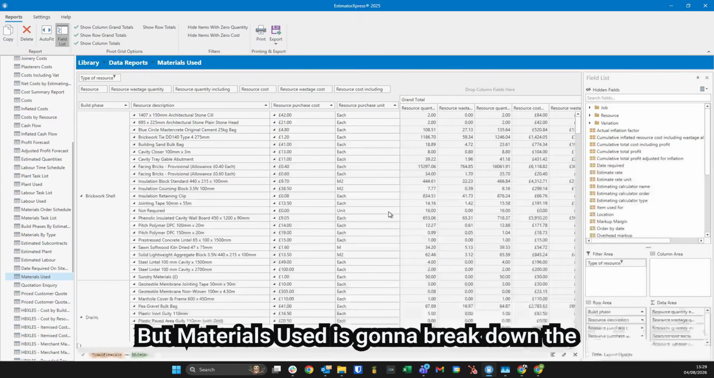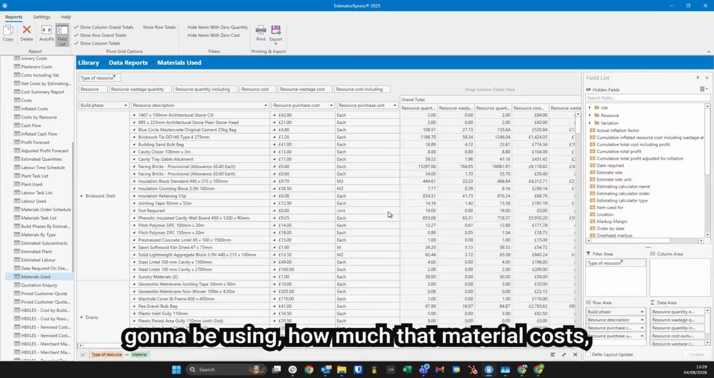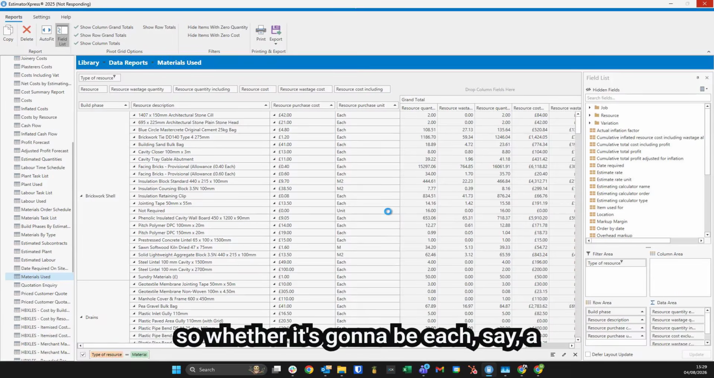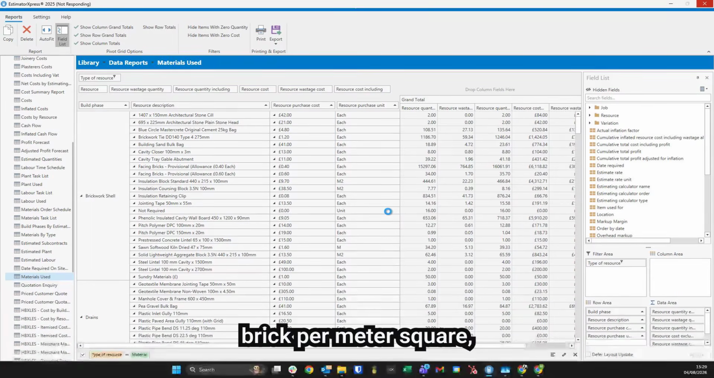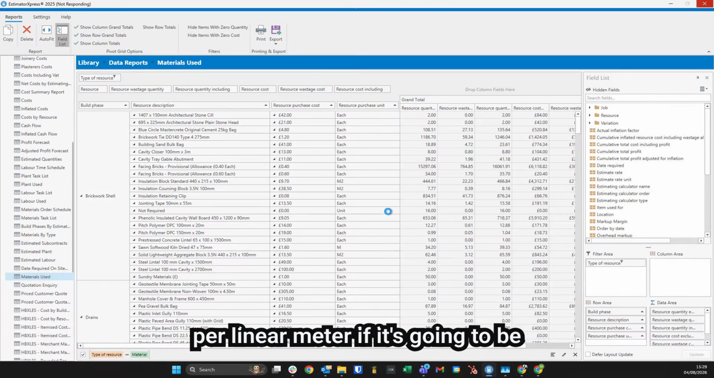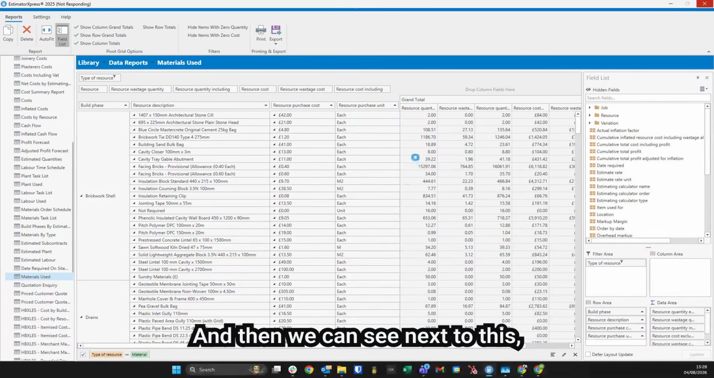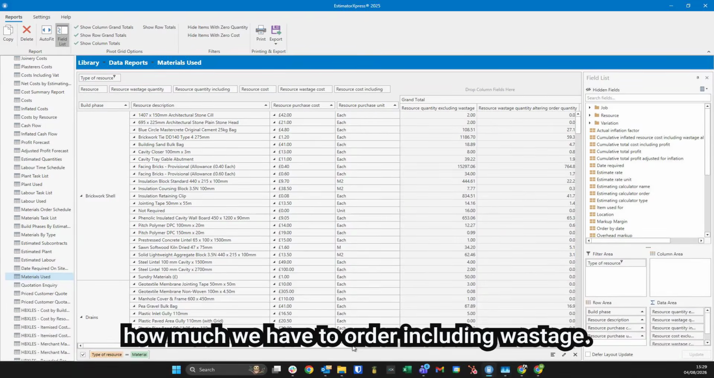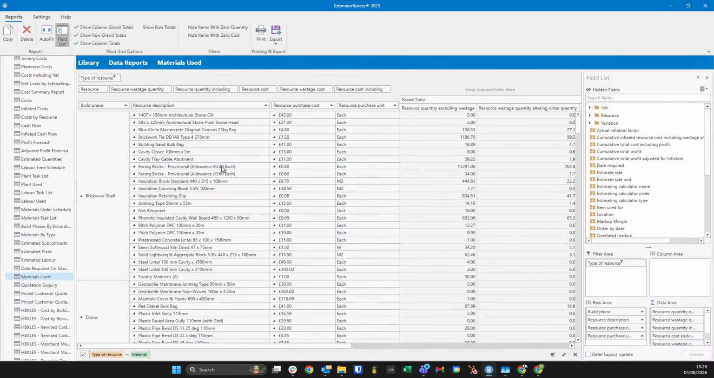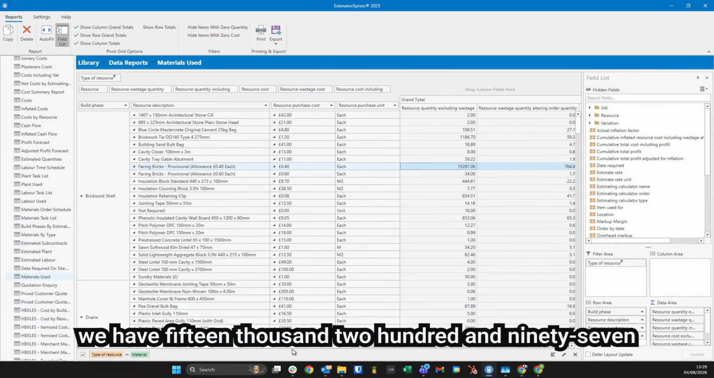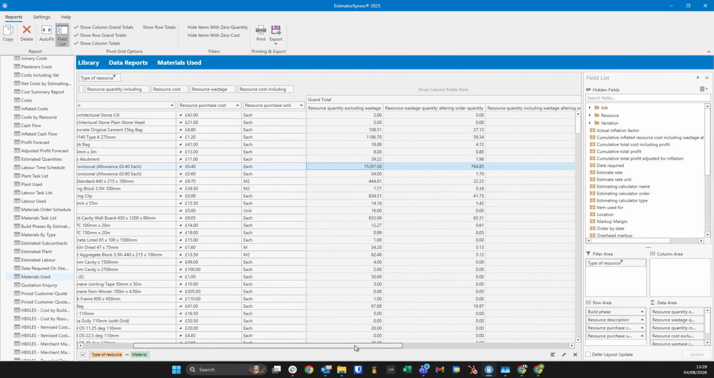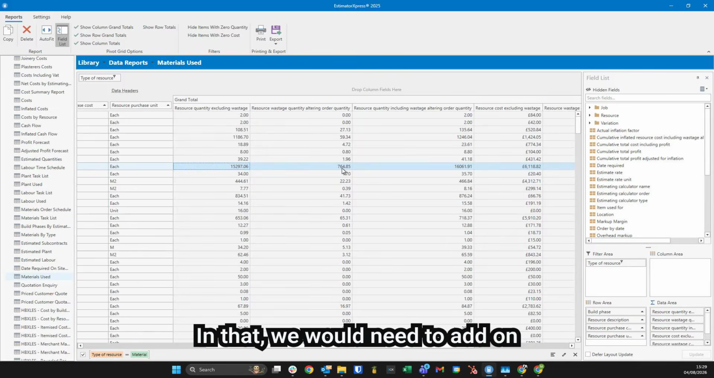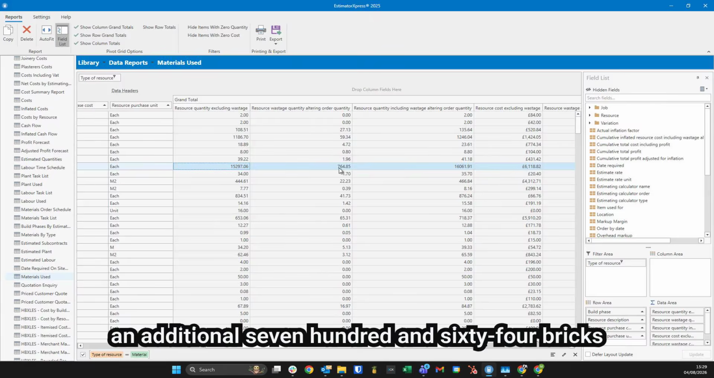But materials used is going to break down the build phase, the type of material that we're going to be using, how much that material costs, how we're traditionally going to be estimating it. So whether it's going to be each, say a brick, per meter square, per linear meter, if it's going to be timber. And then we can see next to this, we have how much we need to order, how much is going to be wastage, and then how much we have to order including wastage. So for bricks, for example, we have 15,297 bricks. That's going to be the exact amount of bricks that we would need for this particular job. In that, we would need to add on an additional 764 bricks for